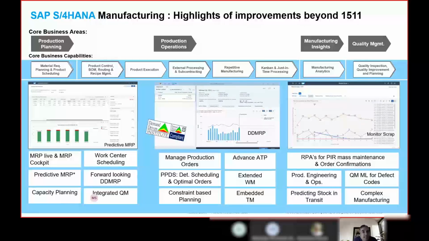Similarly, we talked about DDMRP, which is nothing but a demand-driven MRP, which helps the customers to have buffer planning as well. This DDMRP also helps in scenarios where you have tailor-made components or tailor-made finished goods to be delivered to your customer in a given time period. Nowadays, customers cannot wait for a longer duration to get their finished goods delivered.